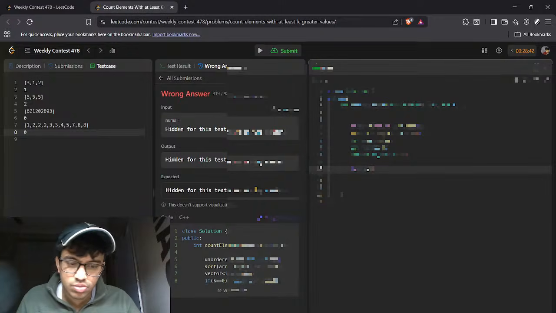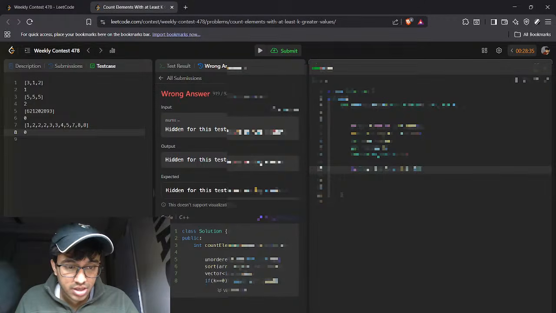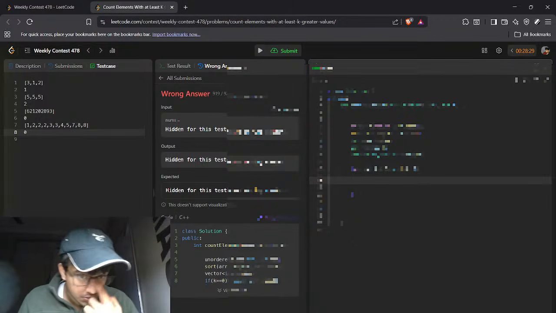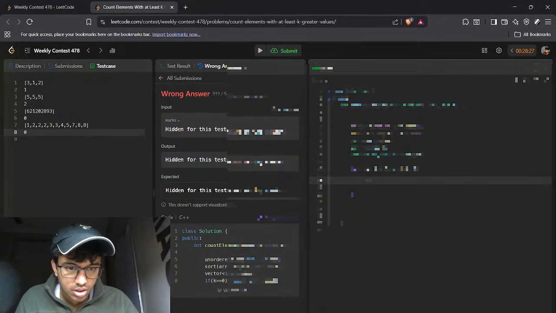What am I even confused about? Int i equals to n minus 1, i greater than equals to 0, i minus minus. Int cle equals to arr of i. Int skipped. Int total skipped equals to